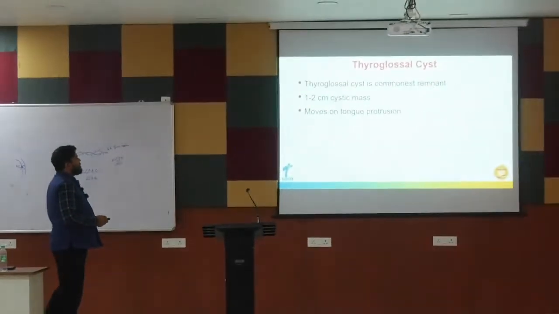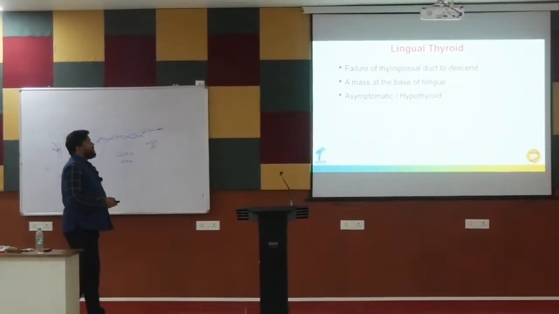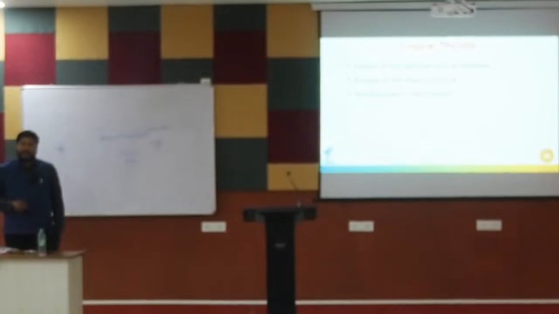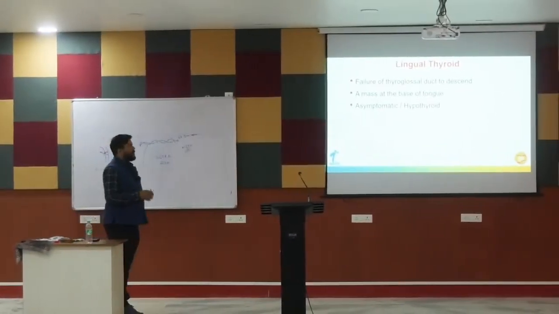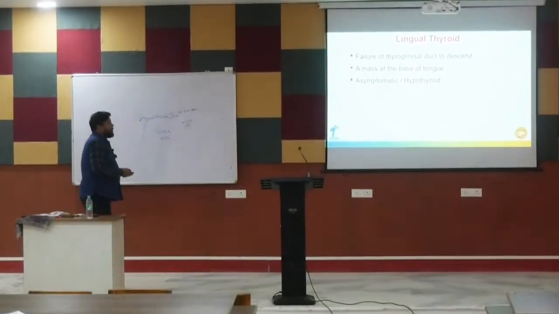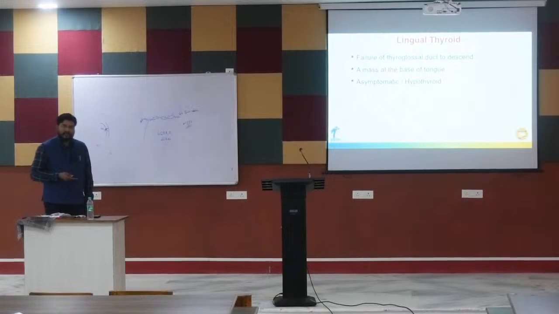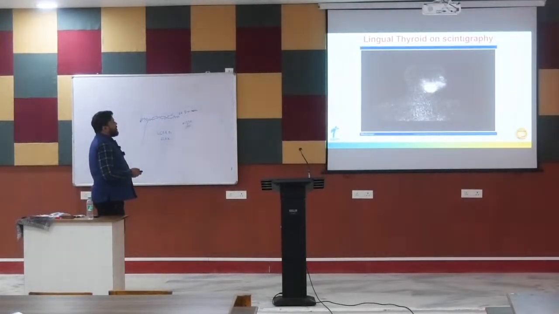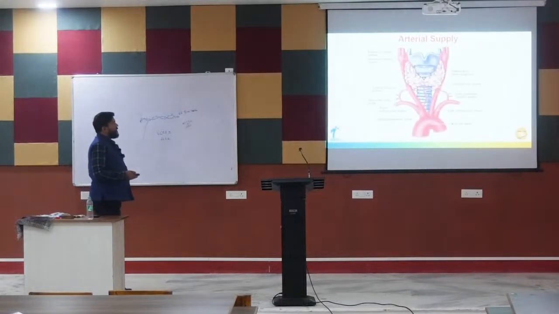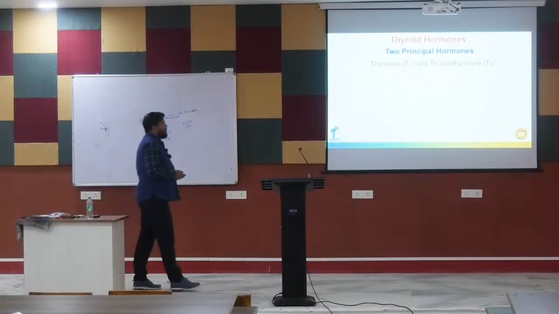Embryology we discussed. Thyroglossal ducts, lingual thyroid. So lingual thyroid: if the thyroid is not able to descend or if there is anatomical disturbance, it leads to lingual thyroid, persistence of thyroid gland at the base of the tongue. Okay. The scintigraphy is not required. Arterial supply I have told, lymphatic drainage, thyroid hormone synthesis, the two principal hormones,